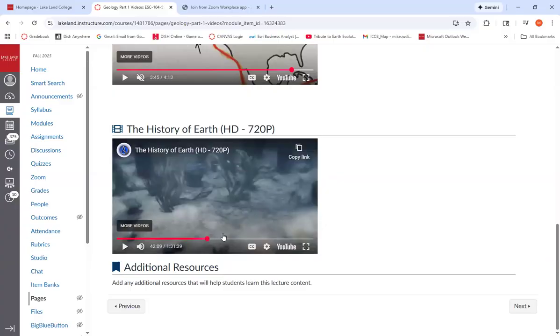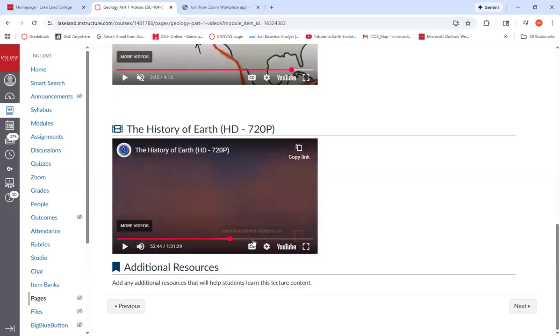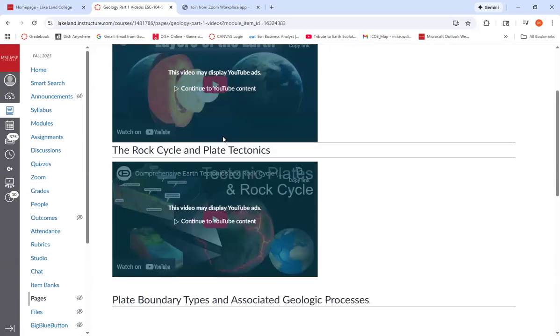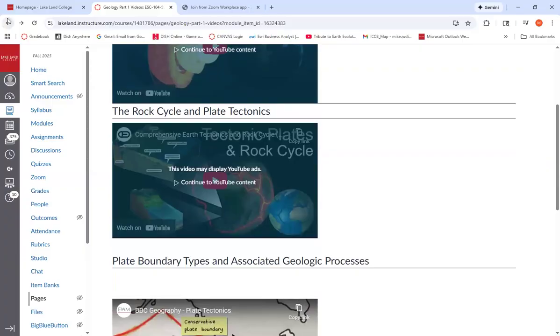It literally shows you how Earth's internal energy and plate tectonics can be used to reconstruct the entire history of how the Earth has physically changed in its appearance, and ultimately how these changes led to changes in the biosphere and life. So these four videos are just really nice rehashes, if you're a visual learner, of everything we're talking about in the first half